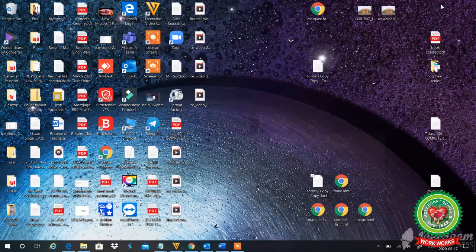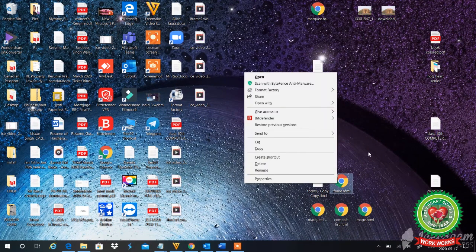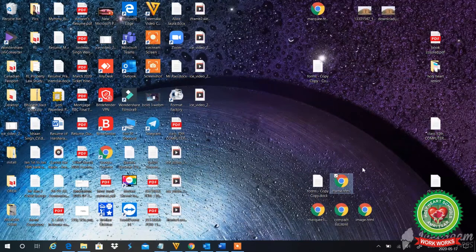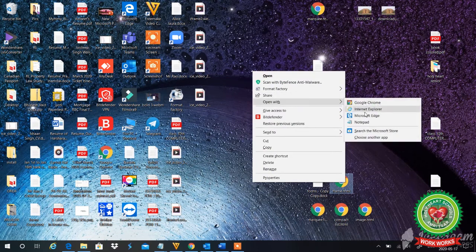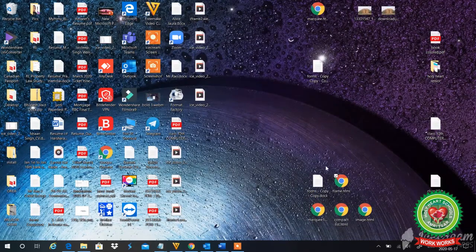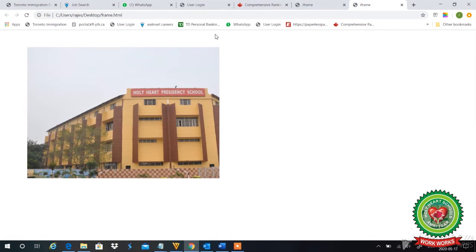Now, see both the tags practically. First of all, see the output screen so that it will be more clear. See, this gray color border is coming. If I don't want this border, then I will open my notepad and I will write frame border is equal to 0, because I am having two values. I'll save my work, I'll close it, and see. Now no border is coming over here, no gray color border is coming.